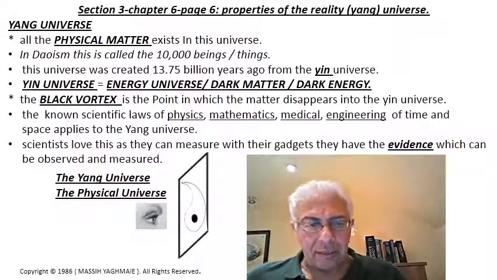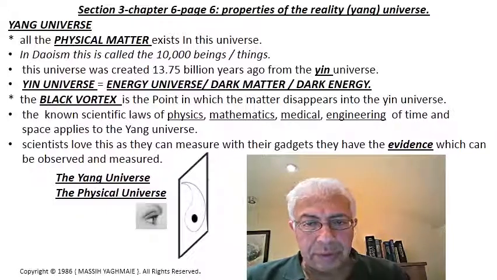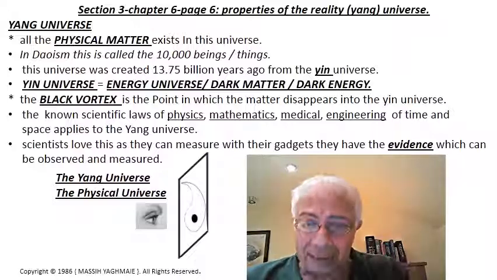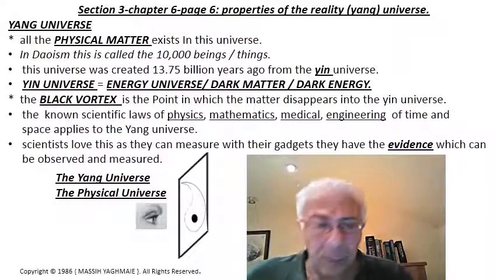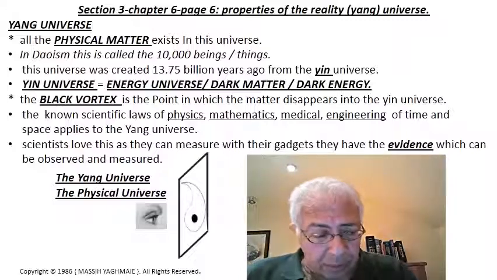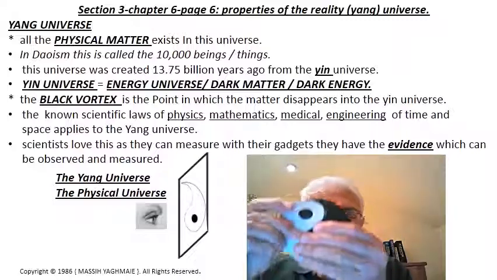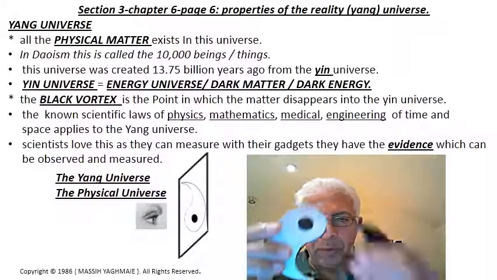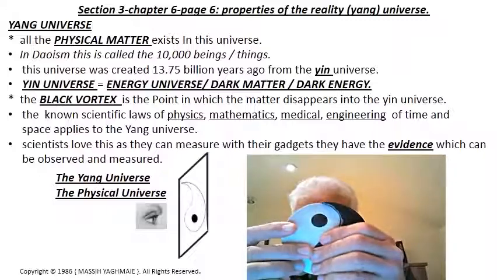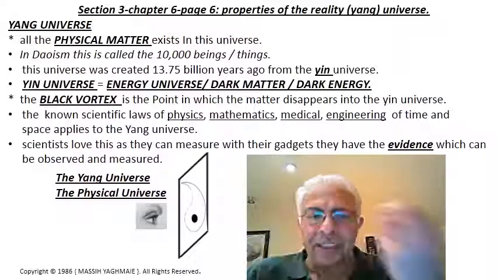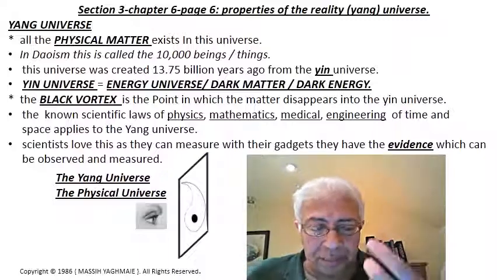We talk about section 3, chapter 6, page 6: the properties of reality, or what we call the reality universe, the yang universe, this universe. Now, as was said, we live in two parallel universes, the yin universe and the yang universe. We live in parallel, and the combination of the two universes, yin and yang, creates energy, creates life, creates what we know,